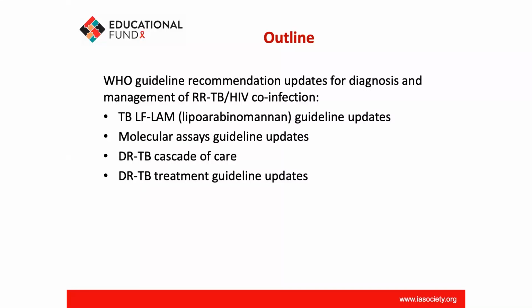So today we're going to present on the new WHO guidelines that came out as policy updates and rapid communications in the last few months, in the lead up to the full guidelines being published in April this year. And these include a number of guidelines on both drug-resistant or rifampicin-resistant TB and HIV co-infection. So today we're going to concentrate specifically on how the latest TB guidelines are relevant for people living with HIV